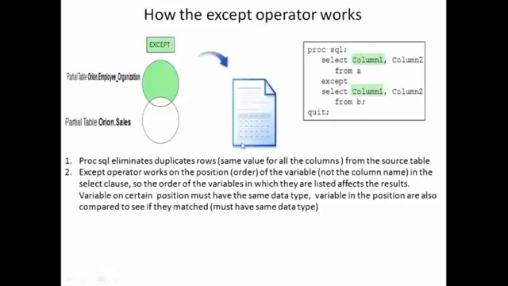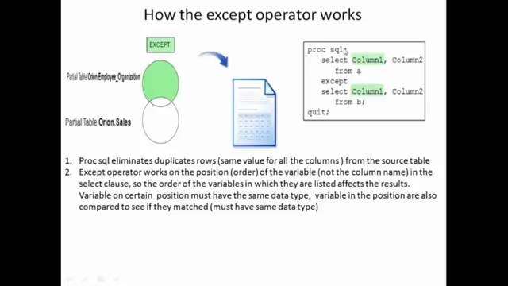So this is how the except operator works. Suppose I have two tables. I want only the non-matching values from the first table. In the previous case we discussed matches: all information from the first table and matches from the second table, but we never talked about non-matches. So in the case of the except operator,